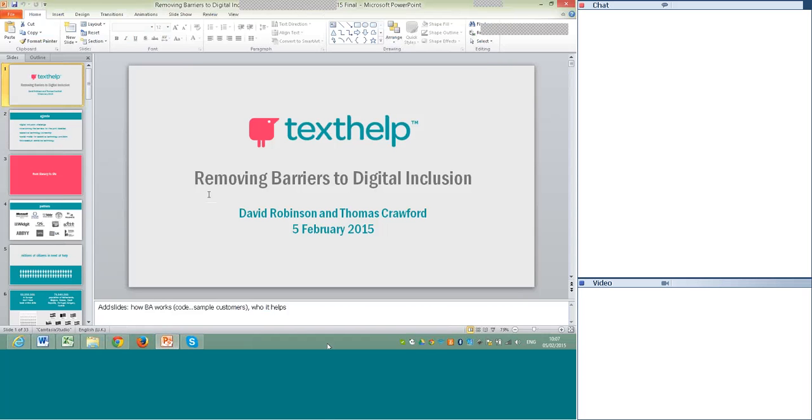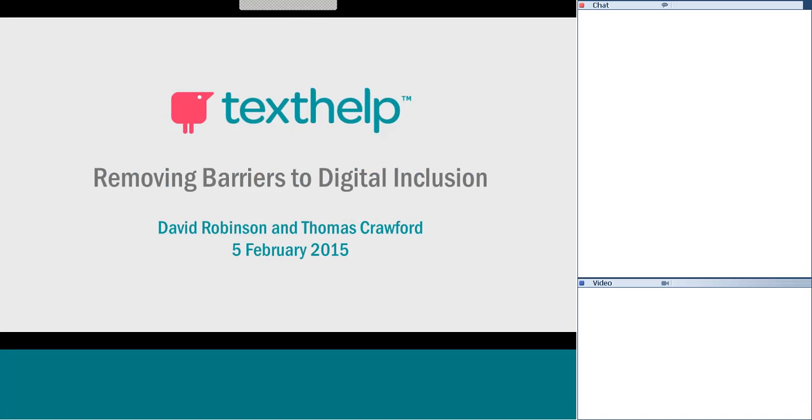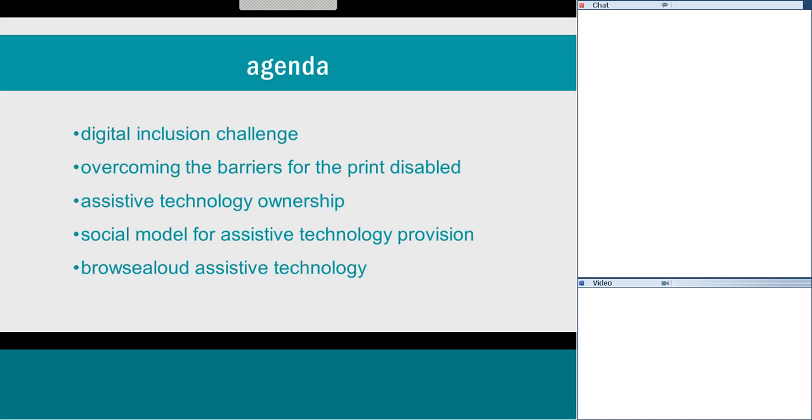Good morning, everybody, and thank you for joining us wherever you are. Today I'm going to talk about removing barriers to digital inclusion and the challenges that are out there for people who currently cannot go online. The issue is that if you cannot go online, there are a lot of barriers to you. So it's very important in terms of creating an inclusive society that we find ways to actually help everybody participate.